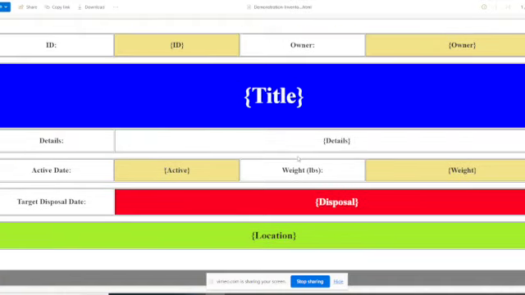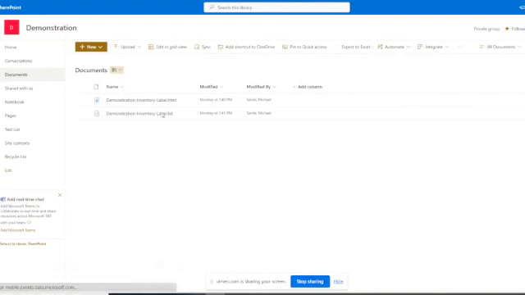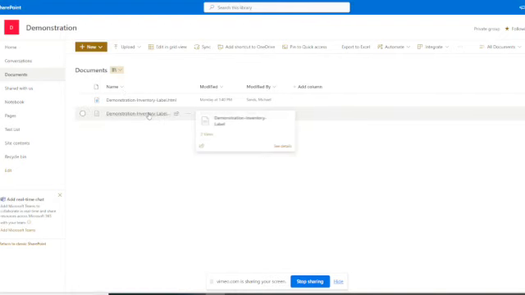I'm sure you see other information on the sheet here: details, active, weight. This is just an example, but once you understand how to enter these variables in, then you could know what to do for the other variables that you choose to use. Okay, so once again, the first step is creating that source that you want. Next step, once you have it created, is you want to dump it